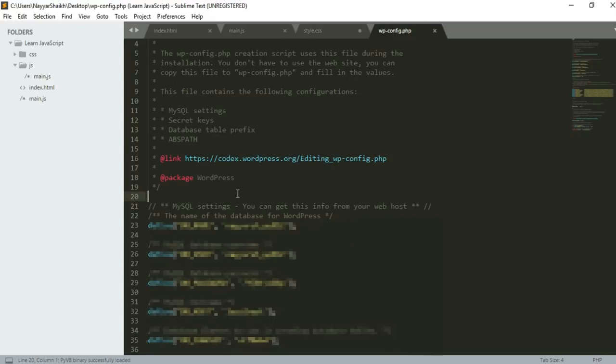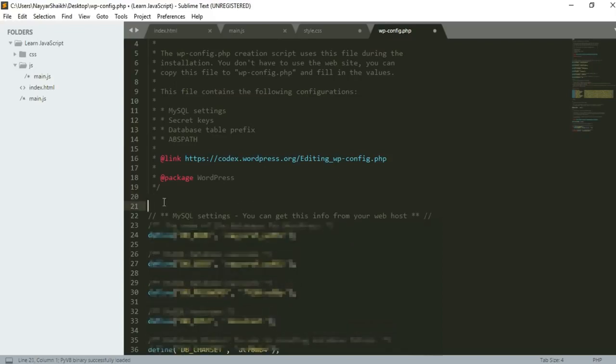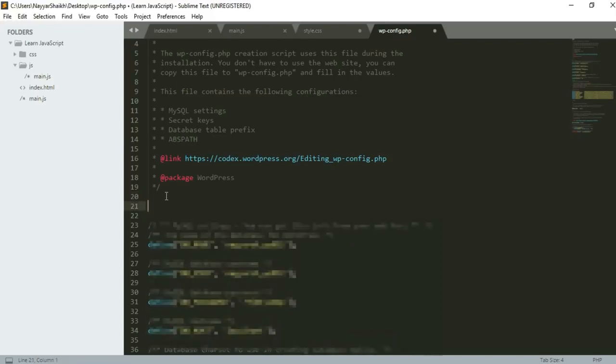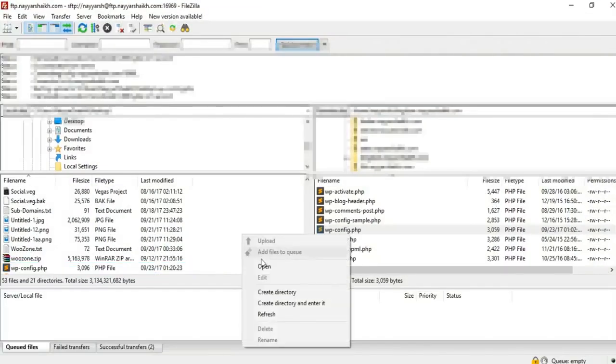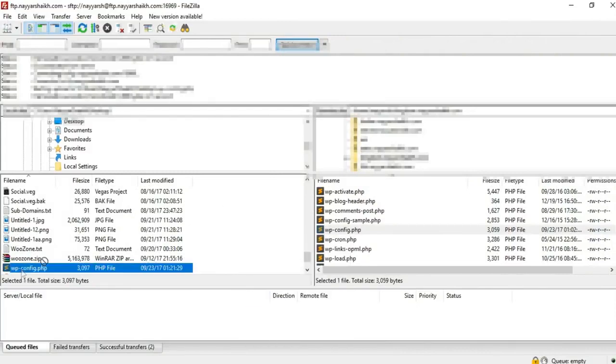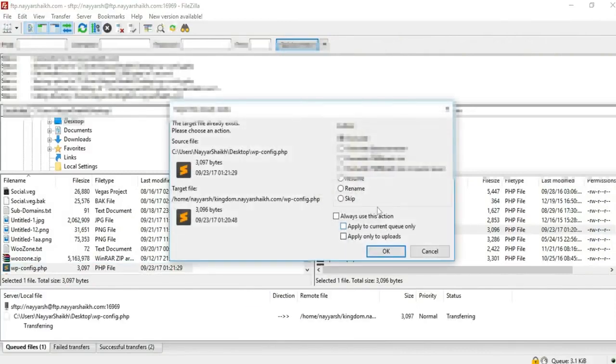Now you can paste it anywhere. I'll select this place and just paste that code, the define for the WordPress memory limit. Press Ctrl S to save the file, and instead of 96 just type in 128. Simple as that. Again save this file, go to FileZilla, refresh from here, and take this file over here,